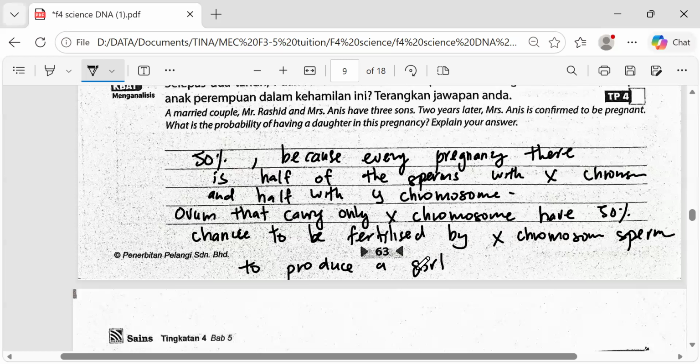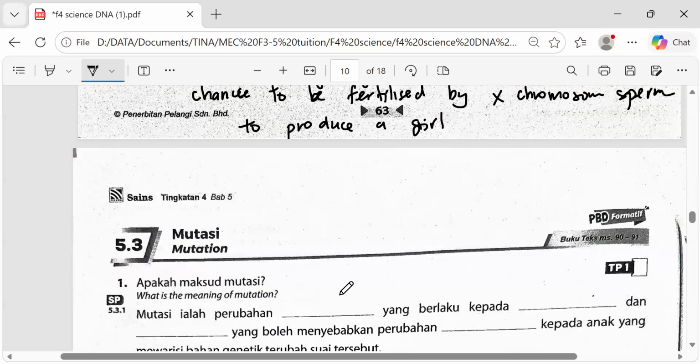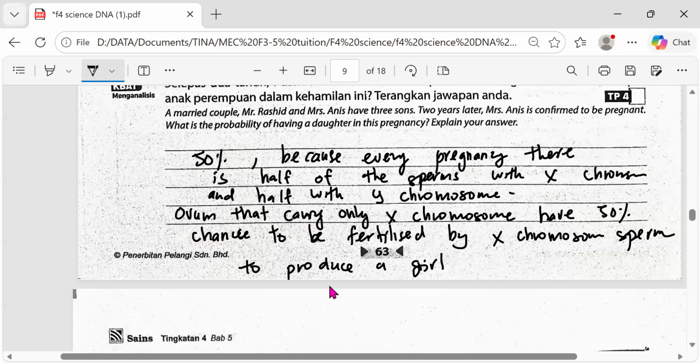All right. Can, make sense? Make sense, huh? All right. Do you know what is mutation? Mutation means